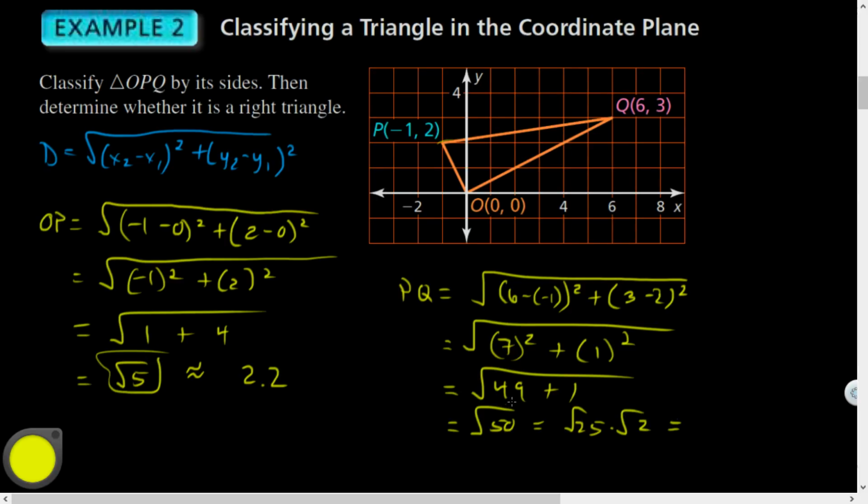Do you guys know how to reduce radicals? I think so. You probably saw that in Algebra 1. Square root of 25 is 5, so 5 rad 2 is the exact distance, but an approximation would be 7.1. All right, so this is like 7.1. This is like 2.2. And then if you did the distance formula over here, you'd get about 6.7. So classification is